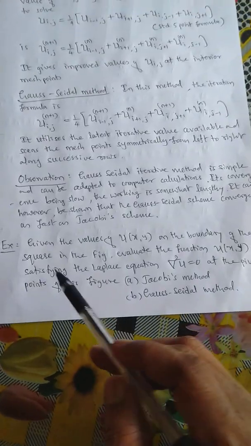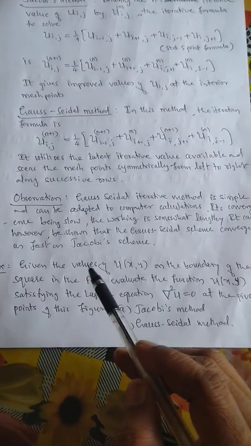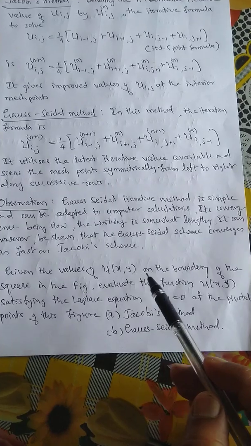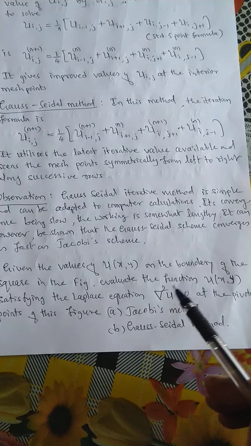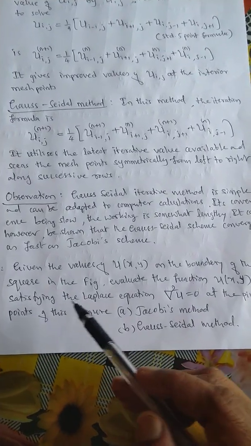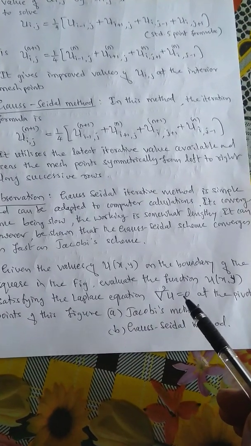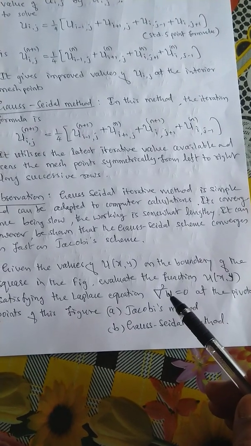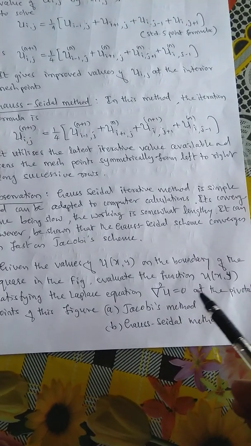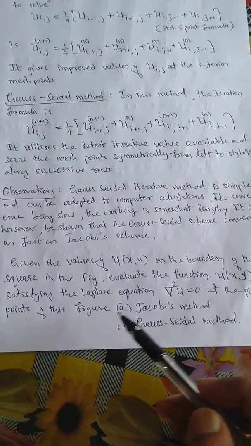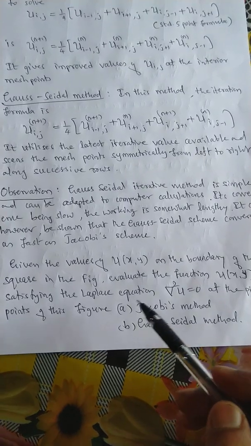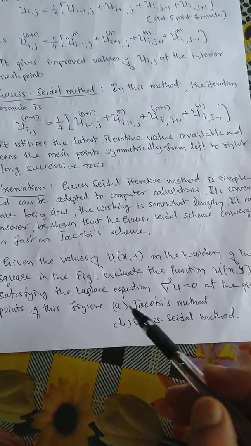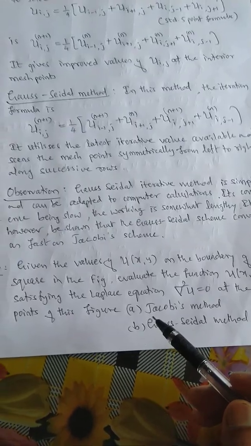Now one example. Given the value of u(x,y) on the boundary of the square in the figure, evaluate the function u(x,y) satisfying the Laplace equation, del square u equal to 0, that means dou square u by dou x square plus dou square u by dou y square equal to 0, at the pivotal points of this figure by Jacobi's method and by Gauss-Seidel method. Both the methods will give you the same results up to a small error, and the